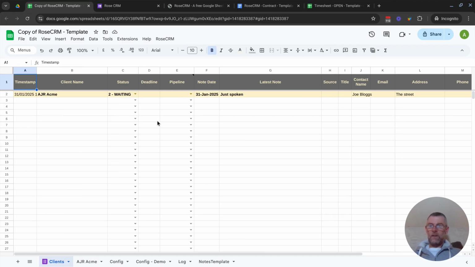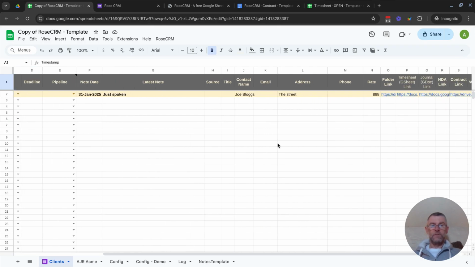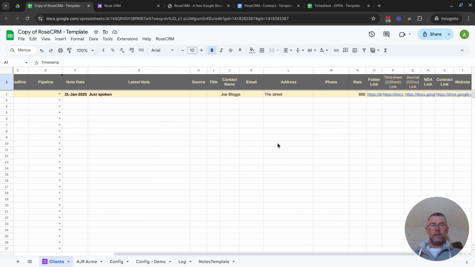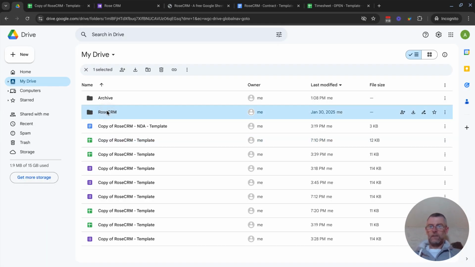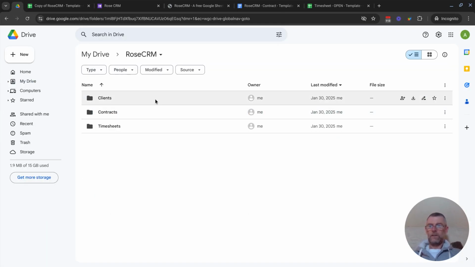Now where the magic happens is once that form has been submitted, the script is going to create a folder for that client, and it'll then create a GSheet, which in my case I've been using for a timesheet, and it'll create a journal. And what it'll do is also store those values within the row here. So if we go and take a look at this folder I've got here for this,